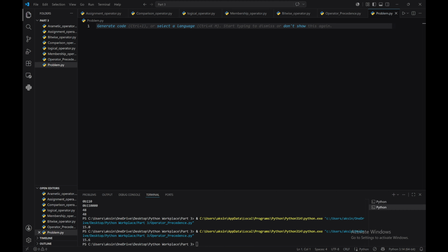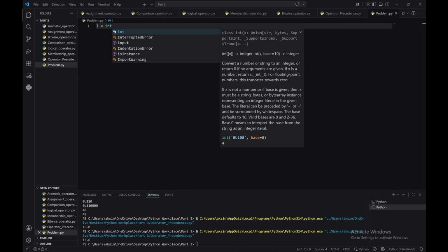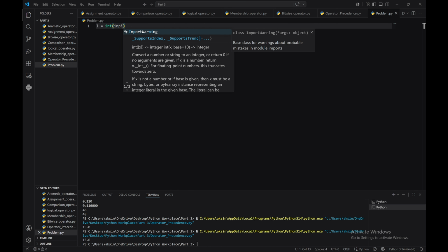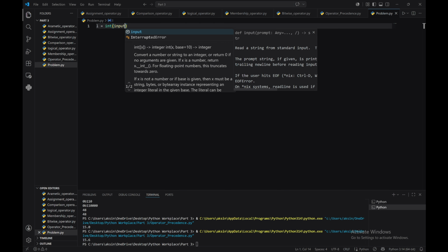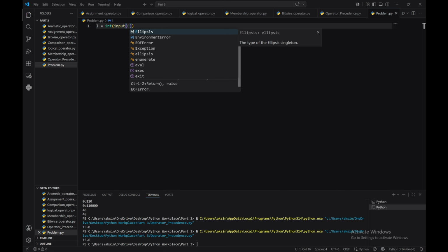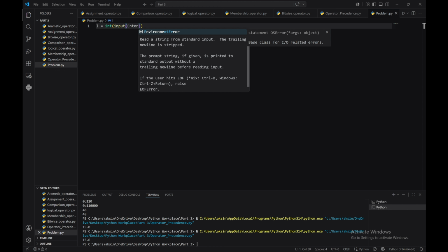So let us try: L is input, enter length,